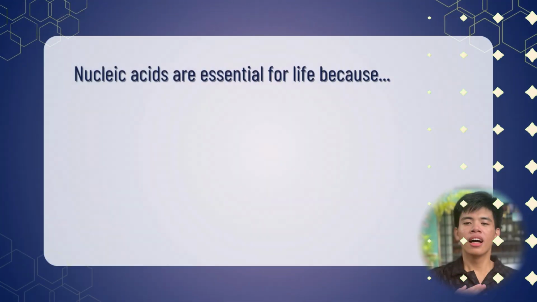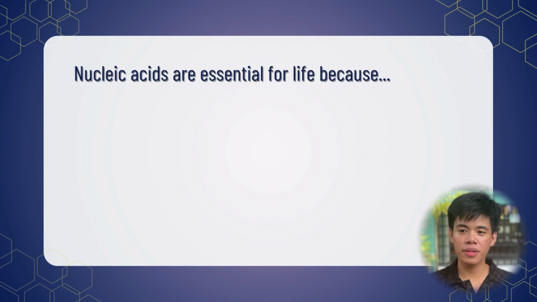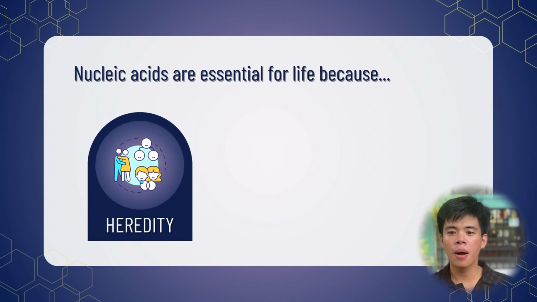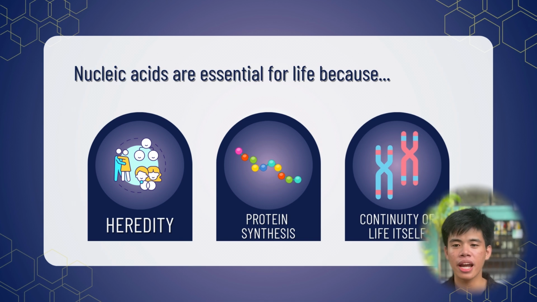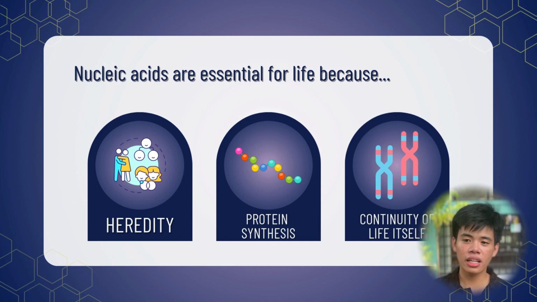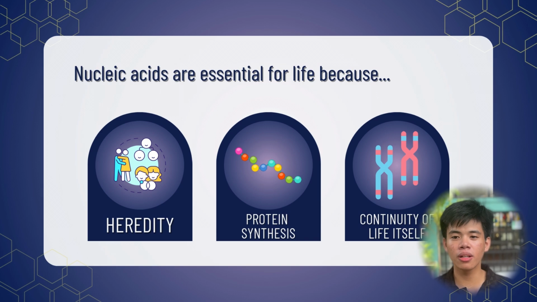Without these molecules, life as we know it would be impossible. They carry the genetic blueprint and provide the instructions for all cellular functions. Think of them as the ultimate instruction manual of your body. Everything from your eye color to how your blood clots, it's written in biological language. Nucleic acids are essential for life because they play a crucial role in heredity, protein synthesis, and the overall continuity of life. They are the molecules behind heredity and protein production, carrying the instructions that make life possible one nucleotide